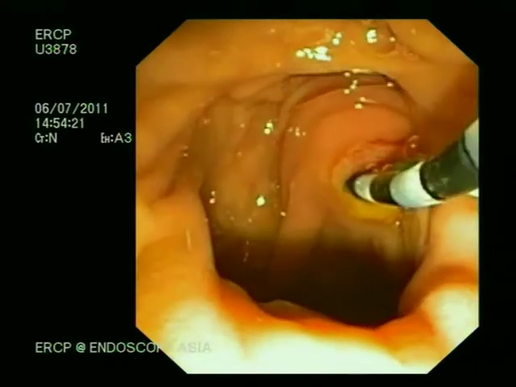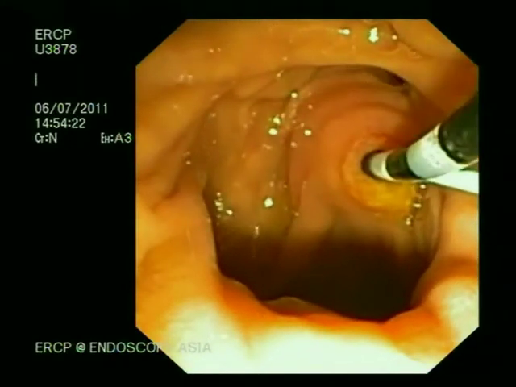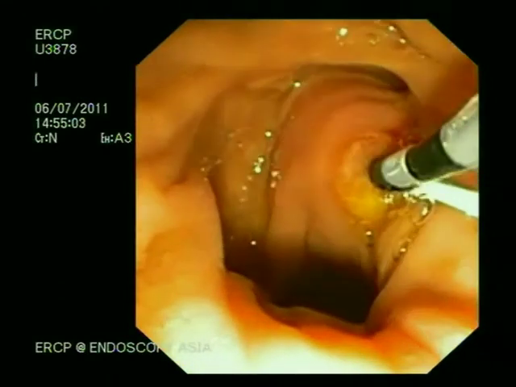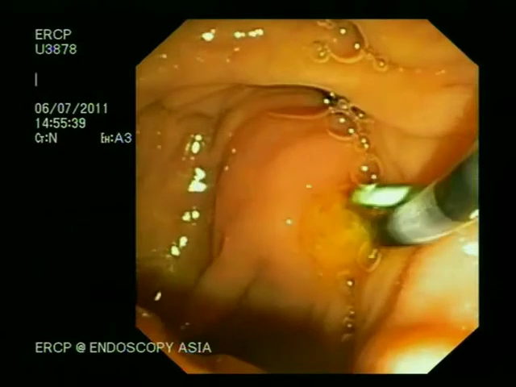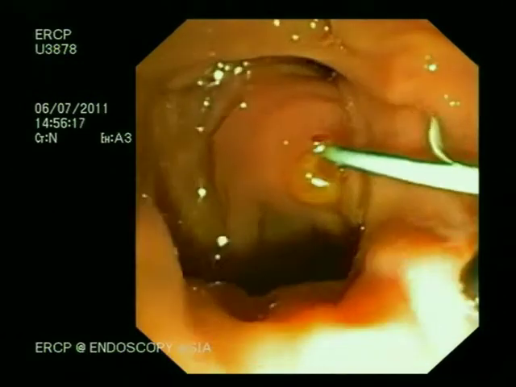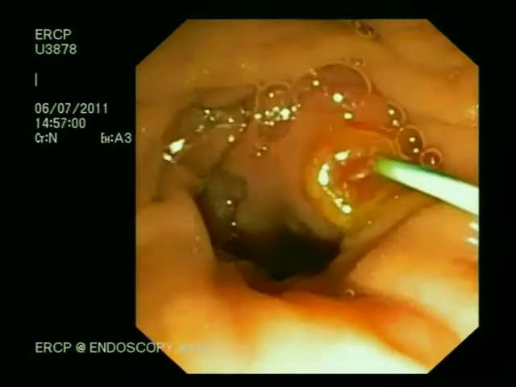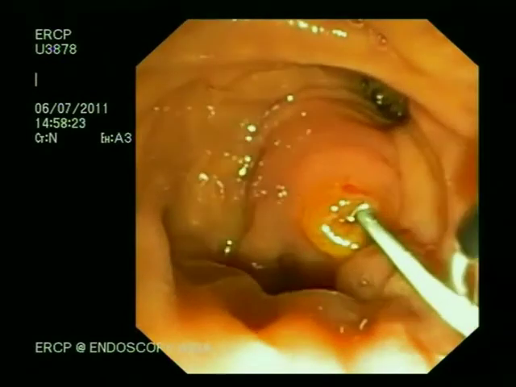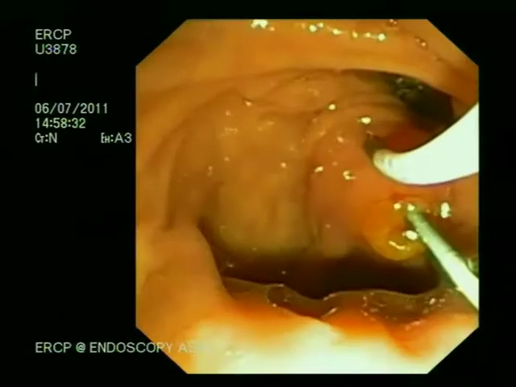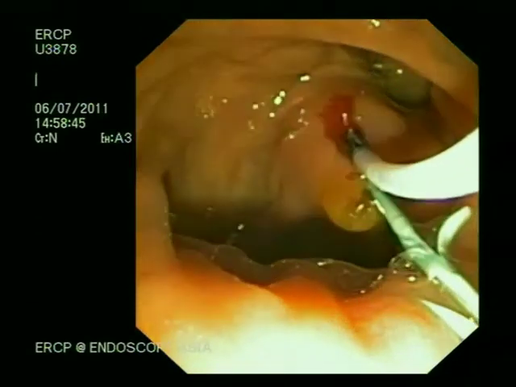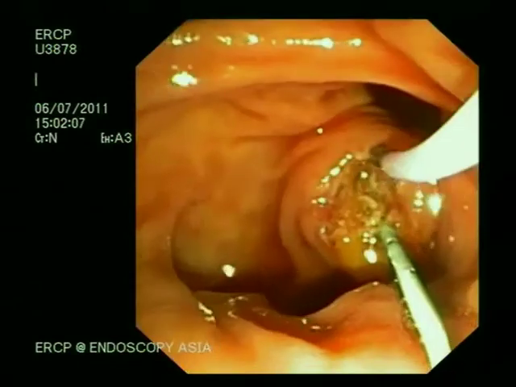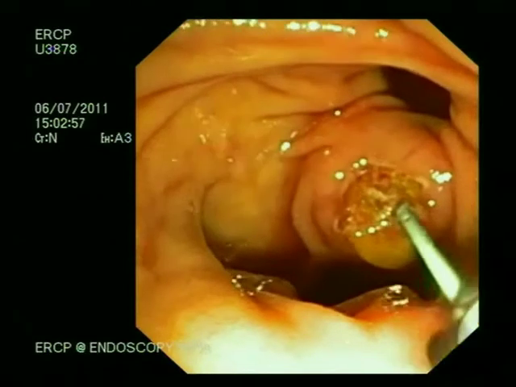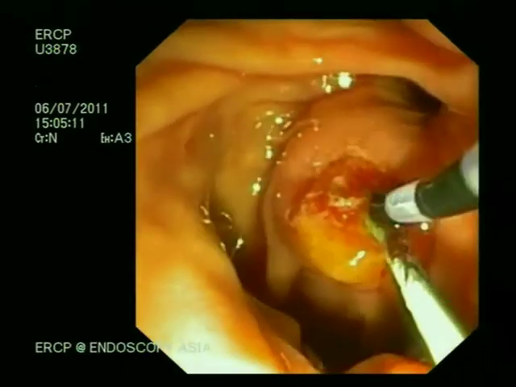at the same time. But despite a couple of attempts, as you can see here, we were not able to get into the bile duct very easily, and therefore it's a policy at our unit, once we have secured the pancreatic duct, even though it is an intradiverticular ampulla or even with a periampullary diverticulum, we will proceed with needle knife pre-cut sphincterotomy from top down. As you can see here, we are cutting over the roof of the ampulla, exposing the